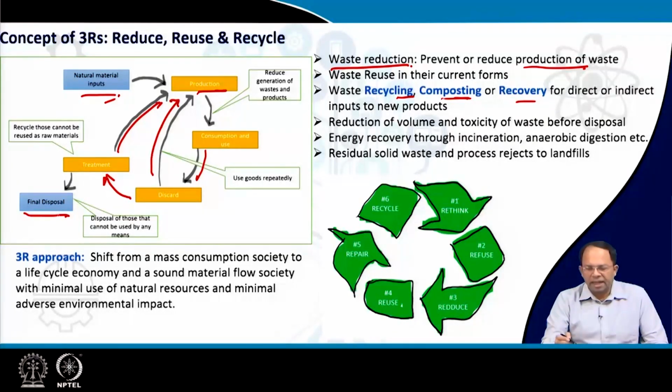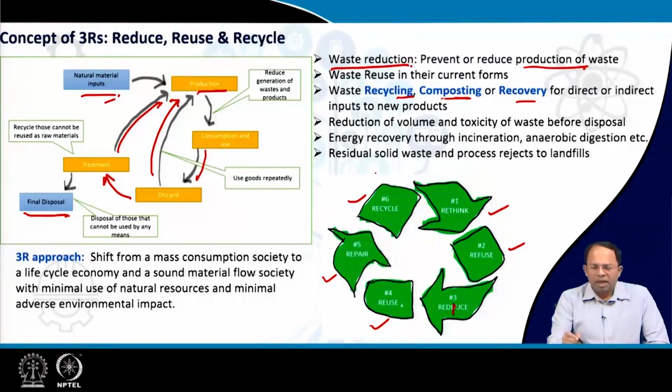Now, some people have even said that instead of 3 R's, we can also think of 6 R's. For example, people have talked about rethink, then refuse. That means first you think about the usage of the product and why you are using it and what could be the alternatives and so on. Then you refuse, like you refuse to use extra, and then you reduce the quantity that you are consuming. Then once you are doing that, you can reuse, you can repair it to a certain extent and again reuse, or you can recycle it. Recycle could be in different ways. So these are also other ways people have proposed this particular concept using the R's. Some have given 3 R's, some have given 5 R's, some have given even 6 R's.